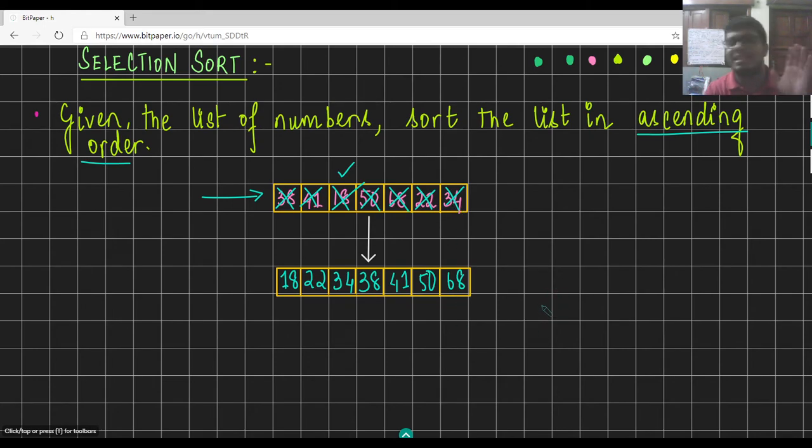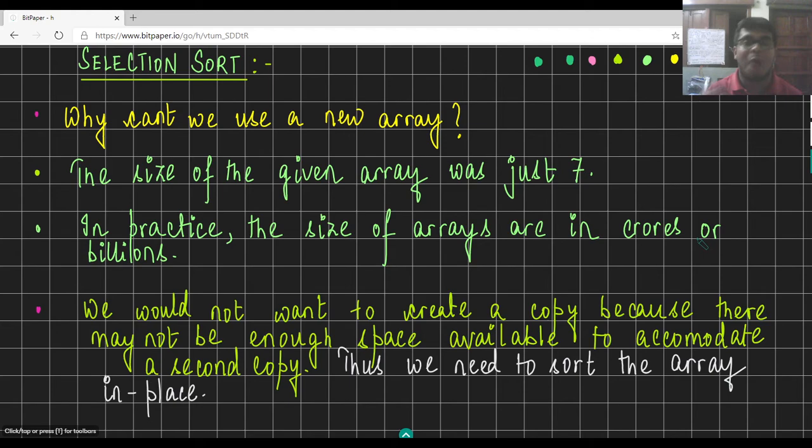But there is an issue, a very big issue, in fact, with this approach. What you see is that we are storing duplicate copies of elements. Now, you would think, how does it even matter? There are just 7 elements, and a duplicate copy in total would result in 14 elements, right? So what's the big deal? You can keep duplicate copies of elements, right? But it's a problem. You see, our array here is of just size 7. But in practice, our arrays